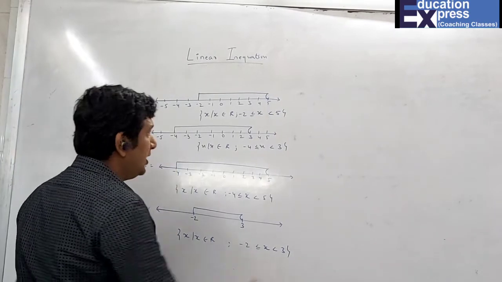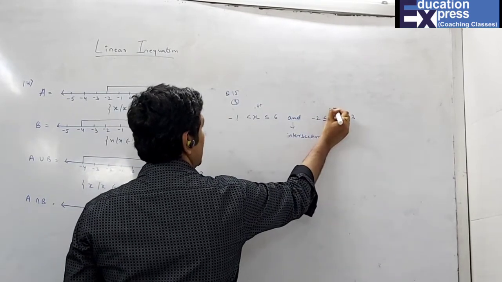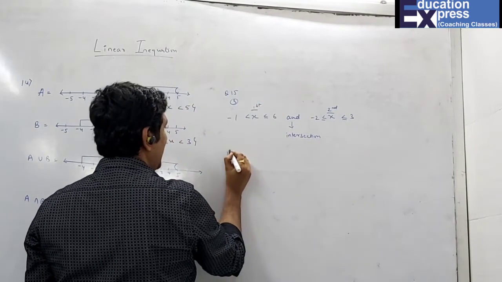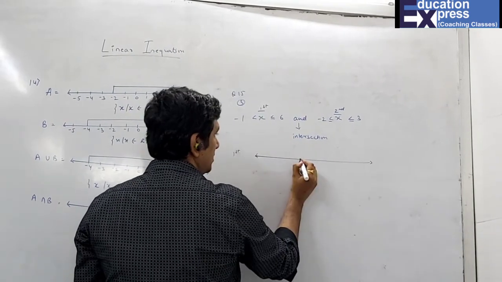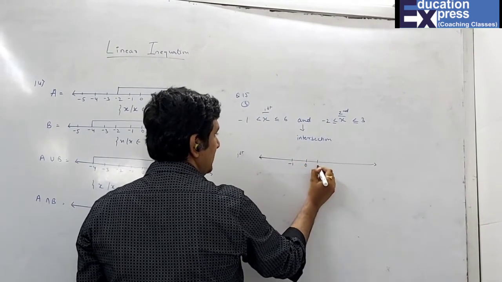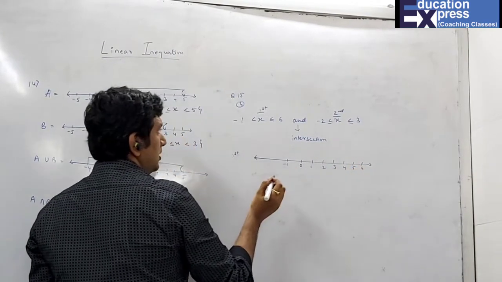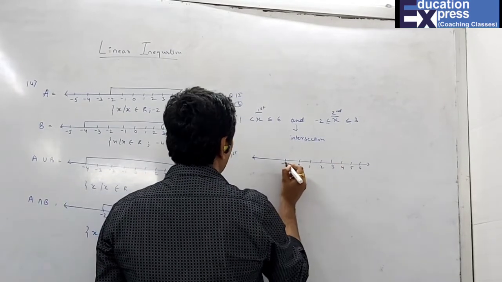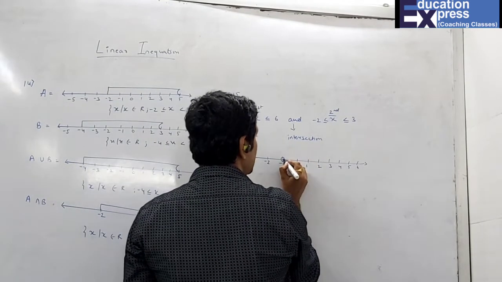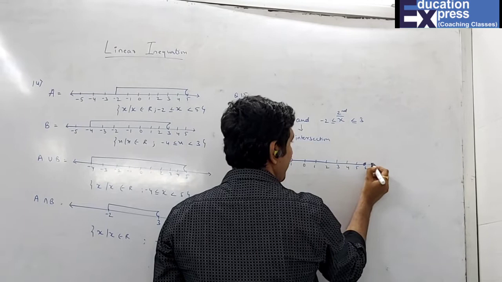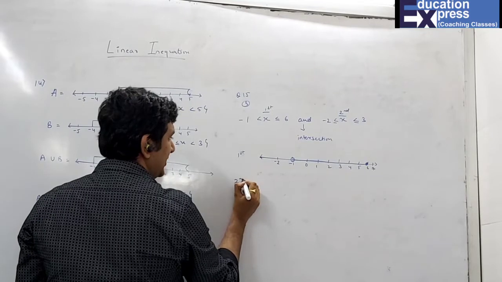Now question 15's third part. For the first and the second, I have to just find the intersection. The first number line they have already solved, which is drawn here: 0, -1, 1, 2, 3, 4, 5, 6. It is a real number line, so obviously you have to include everything. 1 is not included, and till 6. I always take one number extra before and ahead. And the second number line